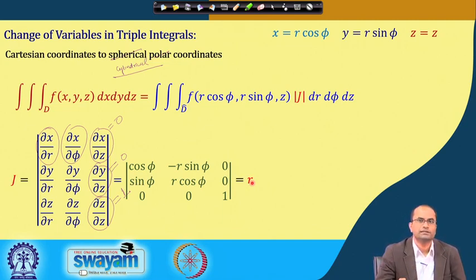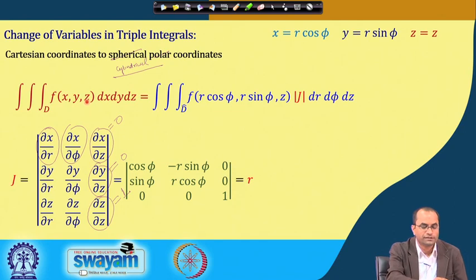So, again because there was no change in z, basically this is similar to what we do in polar coordinates. So, we are changing from Cartesian to polar coordinates because the x and y are changed, not the z. Z remains as it is in this cylindrical coordinates. So, we have again the Jacobian which was also in polar coordinate as r. So, the only change when we do this change in this triple integral, this x will be replaced by r cos phi, y will be replaced by r sin phi, and z will remain as it is, and this factor here, this Jacobian will be r, and dx dy dz will become dr d phi and dz.